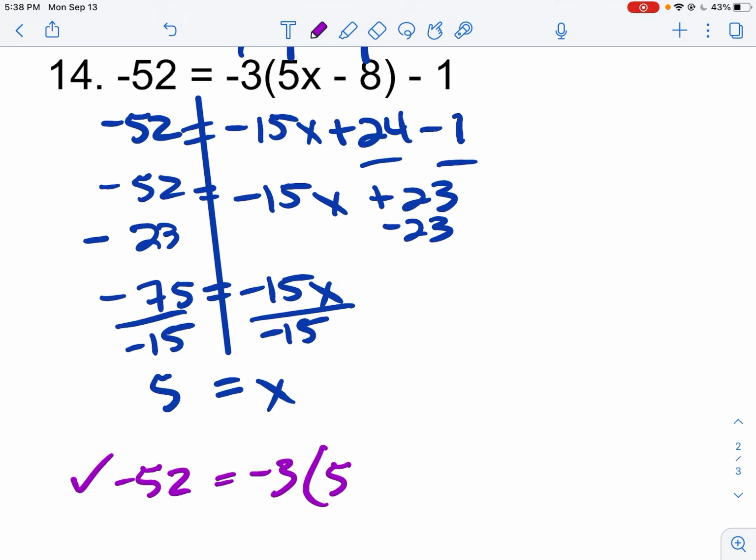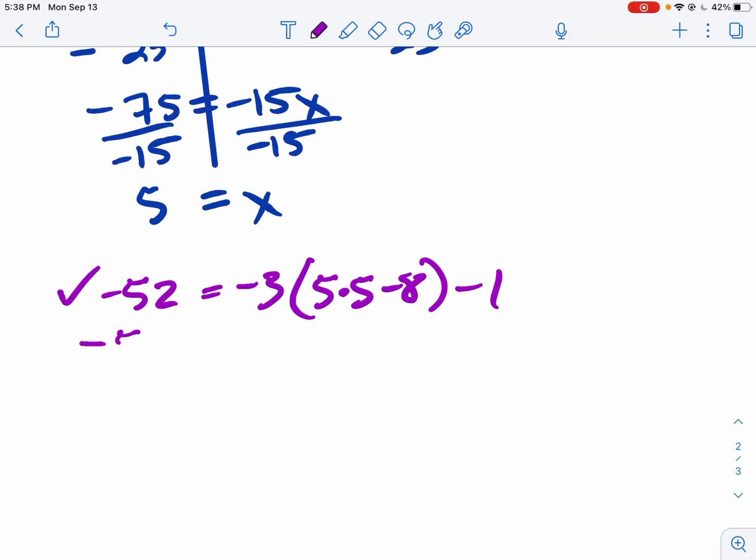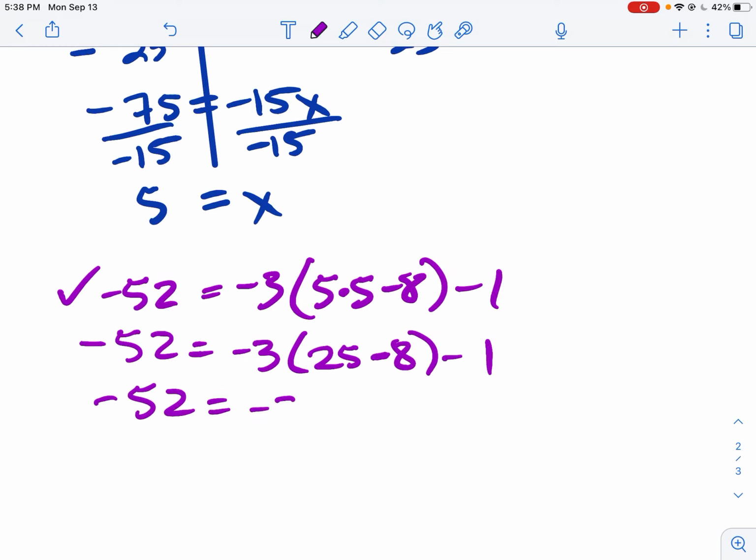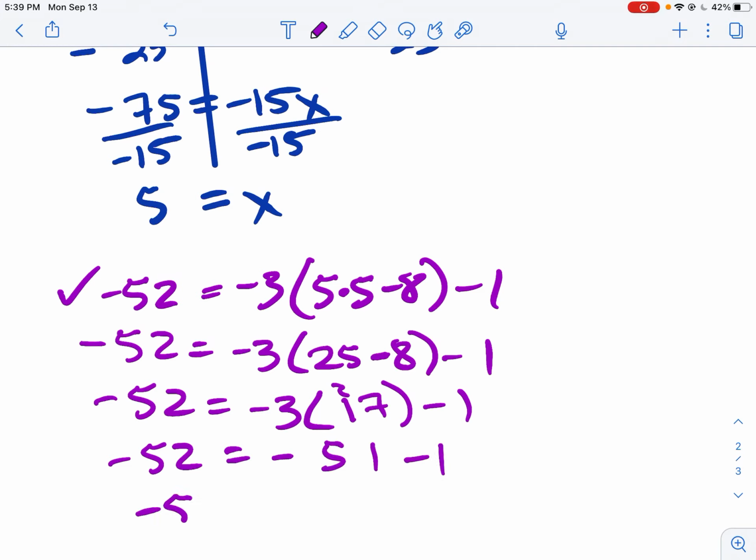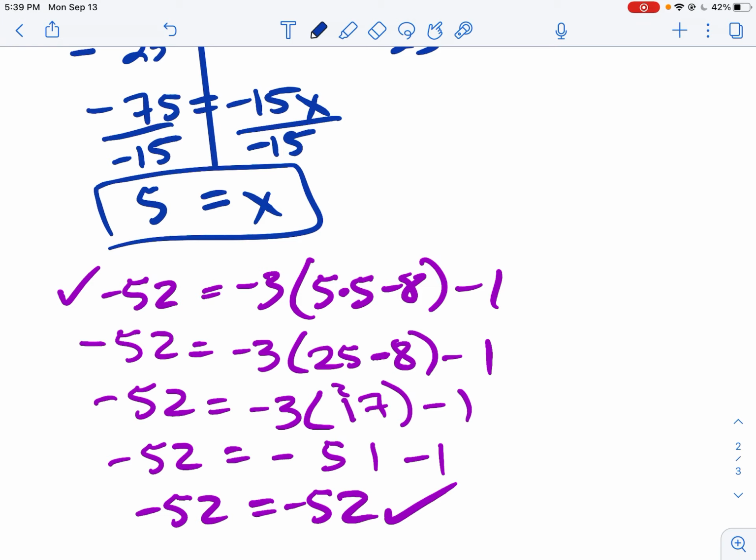So I plug that in, see if it works. Negative 52 equals negative 3 times 5 minus 8 minus 1. Negative 52 equals negative 3, 25 minus 8, minus 1, 3, so that's going to get me 17. Okay. 3 times 7 is 1, carry the 2, that's negative 51 minus 1. And there we have it. So I have